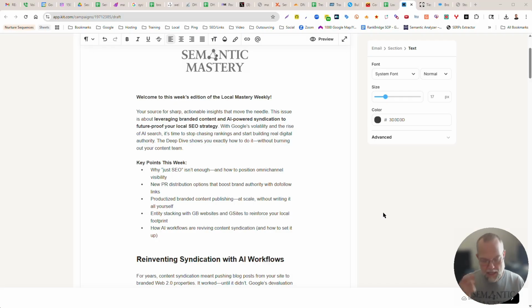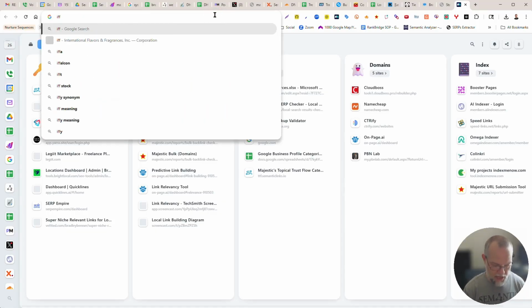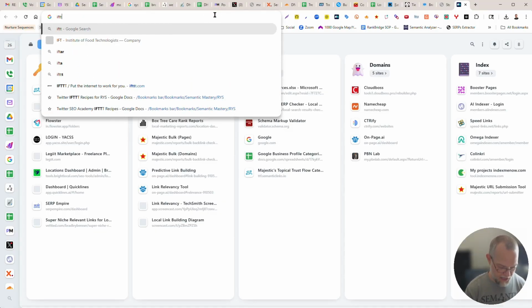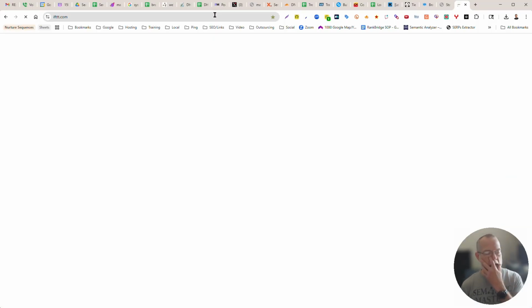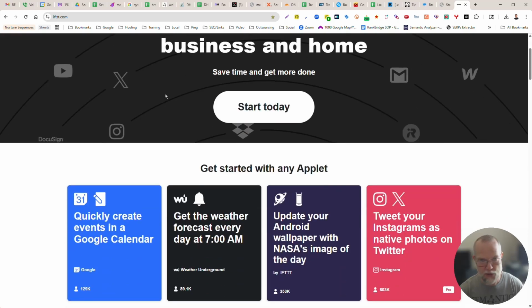Originally, the very first product that we had launched, a training program that we had launched as part of Semantic Mastery, was called IFTTT SEO. And for those of you that are familiar with IFTTT, you'll probably remember it. But for those of you that aren't familiar with IFTTT, it's an application that stands for if this then that, ifttt.com. It's kind of like Make or Zapier. This was one of the earliest versions of that, one of the first apps out that were like Make or Zapier. But I learned about this back in like 2010 or 11.